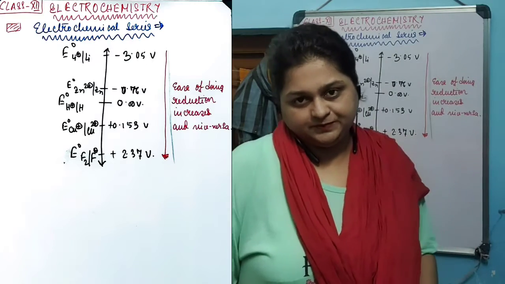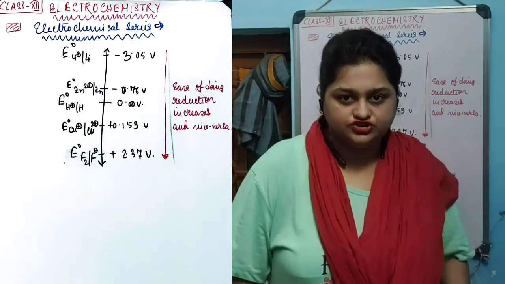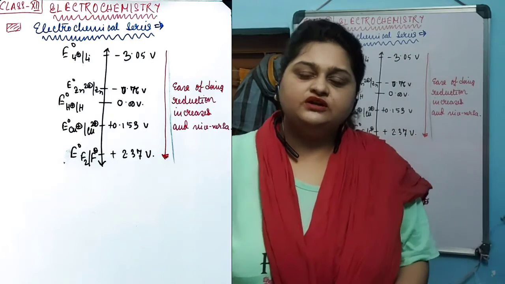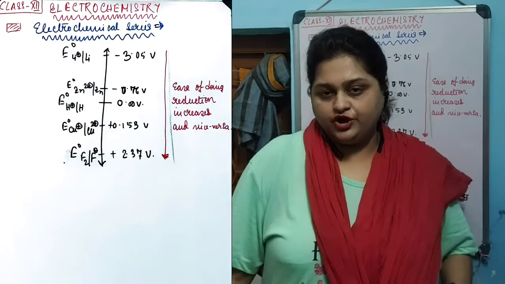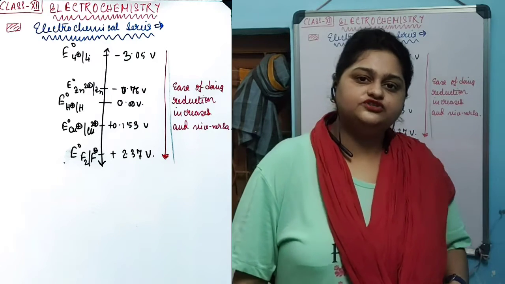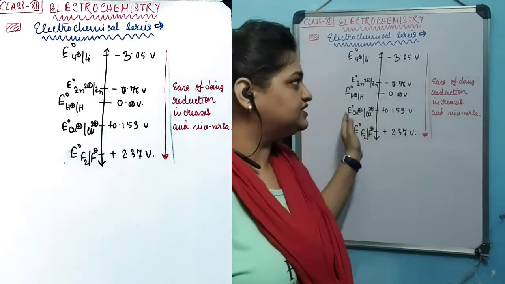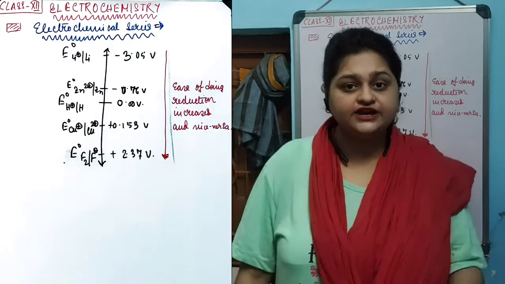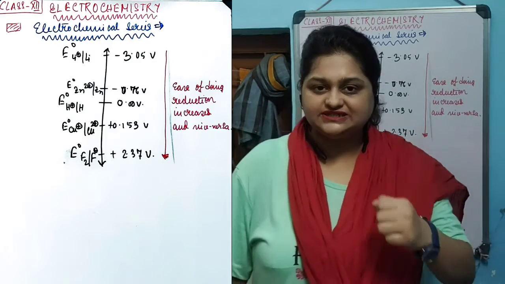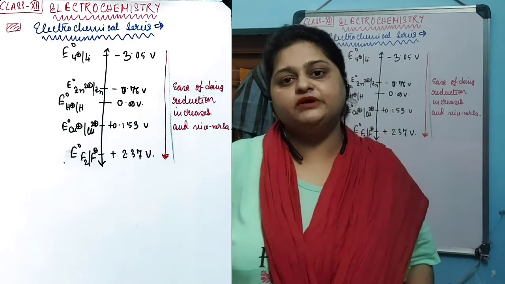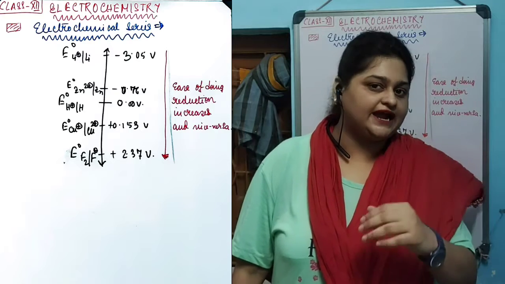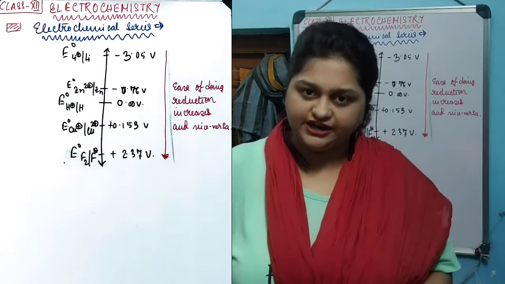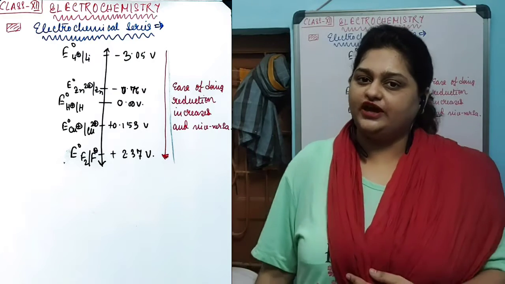I am explaining it again. The electrochemical series has been constructed in increasing manner from top to bottom with the ease of doing reduction. The reduction potential values of these species are arranged such that the higher reduction potential values are placed down the series. There is a portion in the middle of the series which represents the standard potential value, taken as the electrode potential value of hydrogen, which is taken as 0.